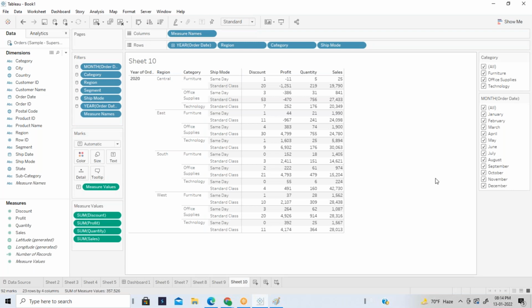Tableau has given us these many filters. I'll explain that again. After we complete all the types of filters, I will explain again which order it is going to take, and what kind of order it is going to take.